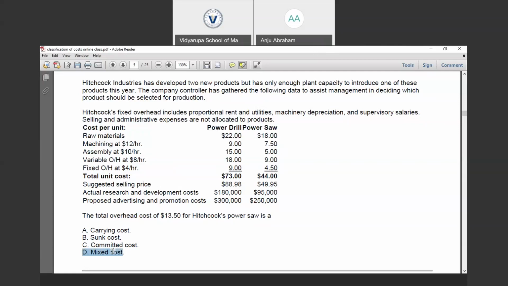You are right. Carrying cost is related to inventory, and this is not related to inventory. Sunk cost is an already incurred cost, a past cost. Committed cost means the cost related to infrastructure facilities, or a cost that we cannot alter; it's unavoidable. It is a mixed cost because it includes variable and fixed elements. So it is a mixed cost.